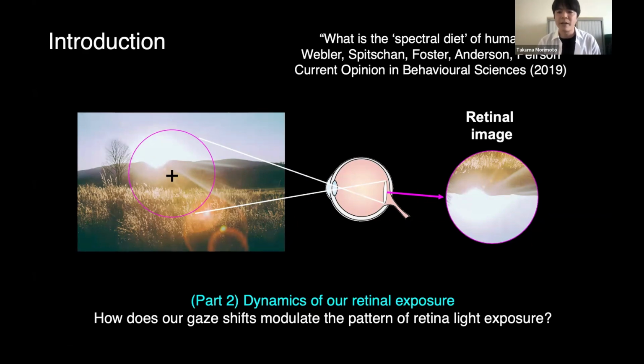Essentially, I want to think about eye movement as our strategy to standardize light exposure patterns across the retina. So we're not thinking about just one time point, but over time, and depending on where you look in a scene, different parts of the retina will get different signals over time. So we might be able to find a suitable adaptation point in a given scene by moving our eyes. Okay, let me start